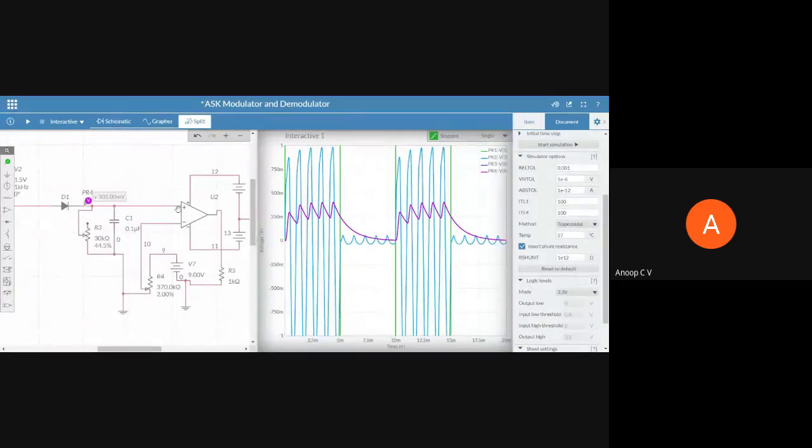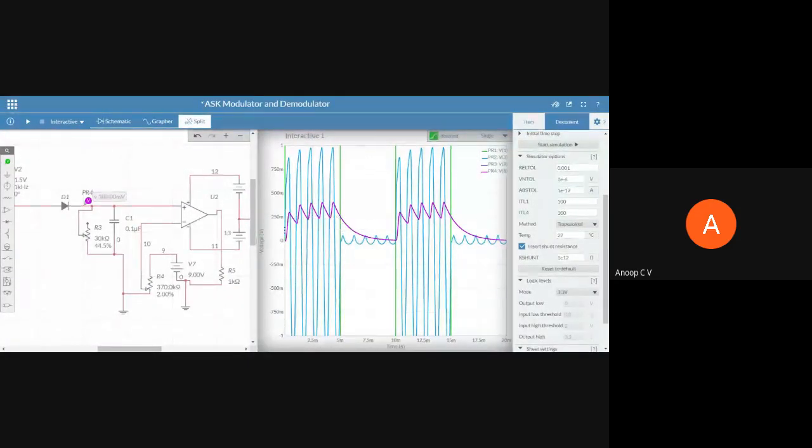Whenever the voltage of the non-inverting terminal is greater than the inverting terminal, it will give you a plus VSAT. And whenever the voltage of the inverting terminal is greater than the non-inverting, it will give you a minus VSAT. Suppose we are keeping the reference in between this, you can see what the voltage will swing, right? So we don't want that to happen.